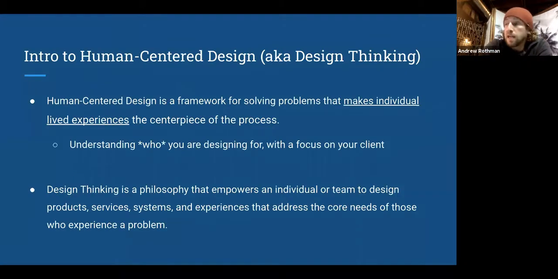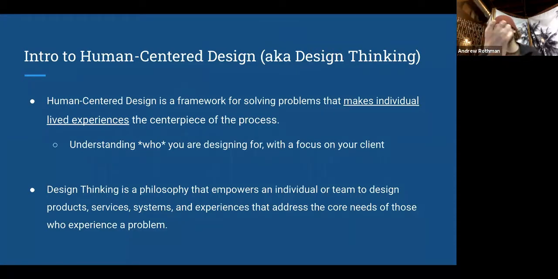We're going to engage in a human-centered design process. Another term for this is design thinking. The idea of human-centered design is to center a client or a user and really empathize with what their needs are and what their experiences are and design for them. Up to this point, I've given you the framework of some challenges or some apps, and you guys have built those out. You've done a great job with that. Now we need to take those concepts and apply them to the needs of a potential user.